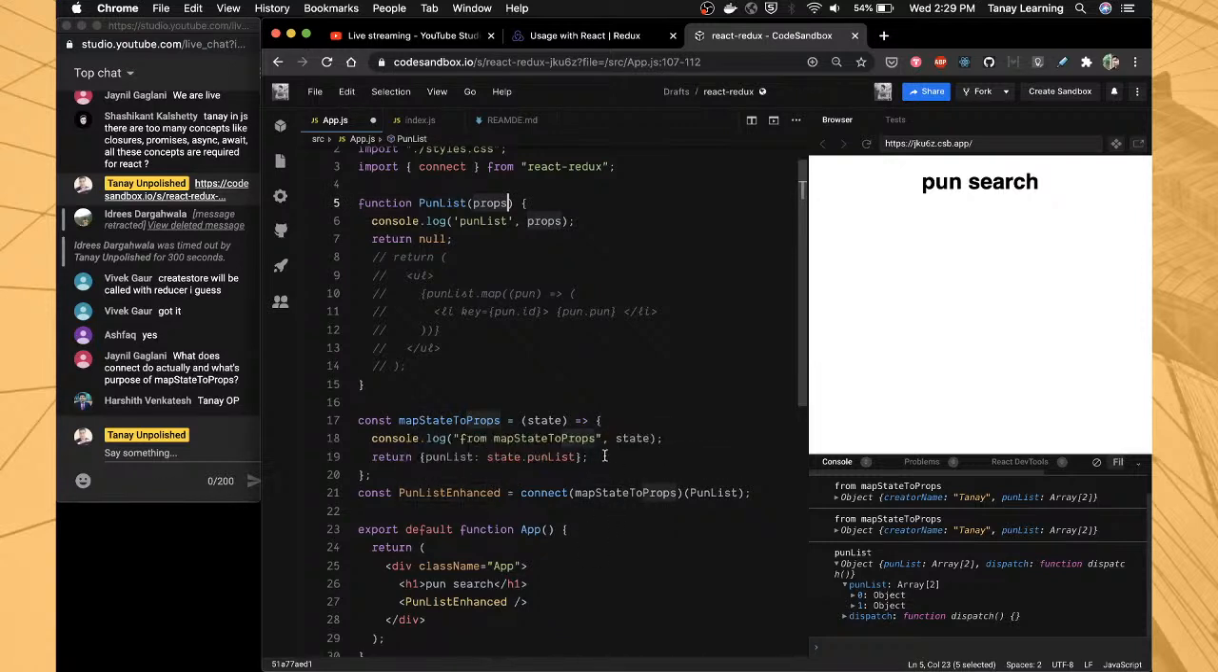Whatever you want out of state, you don't want the entire state. Now another question you should ask is, why don't I want the entire state? Why only some part of it? And then I'll tell you that this is because